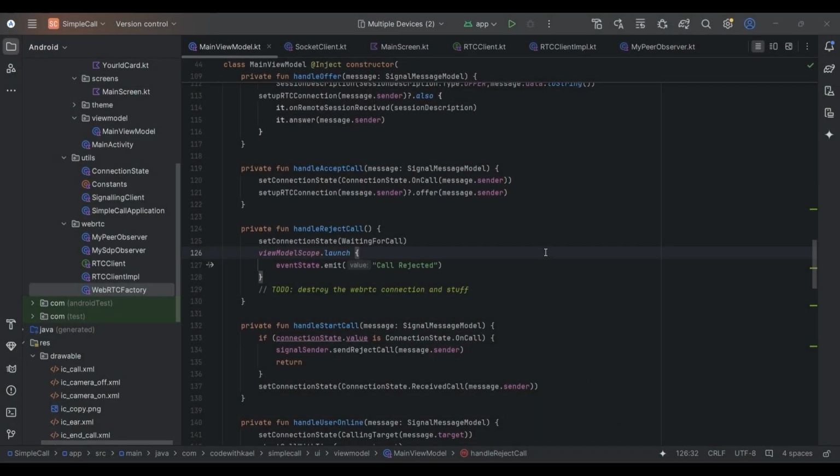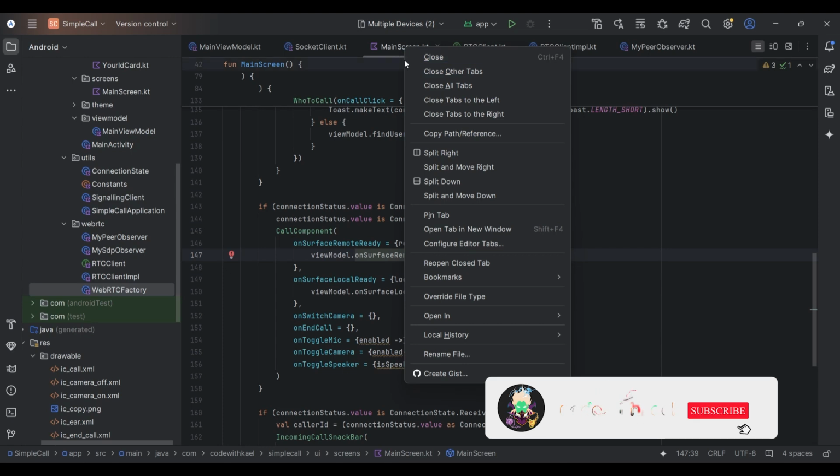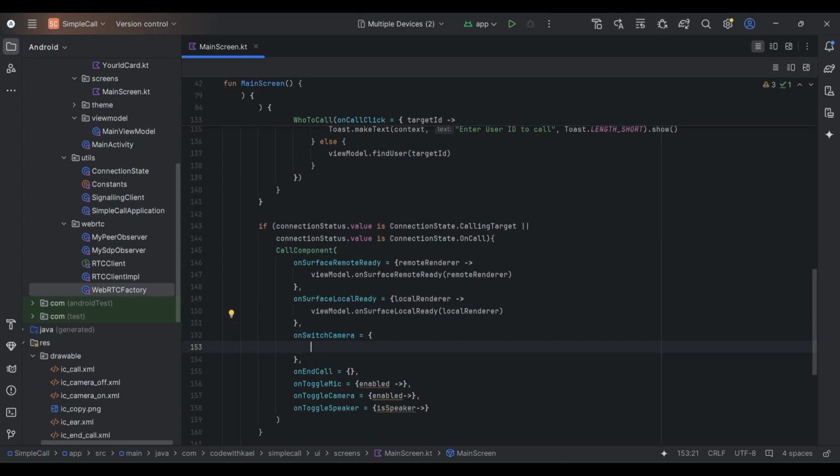In the previous video, we successfully set up the video call. Now it's time to add the functionality of these keys. So let's close other tabs that we don't need here. Let's go ahead inside the main screen and add the functions that we need for the buttons inside the video